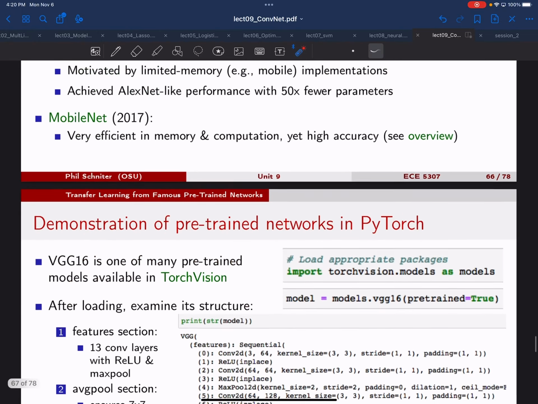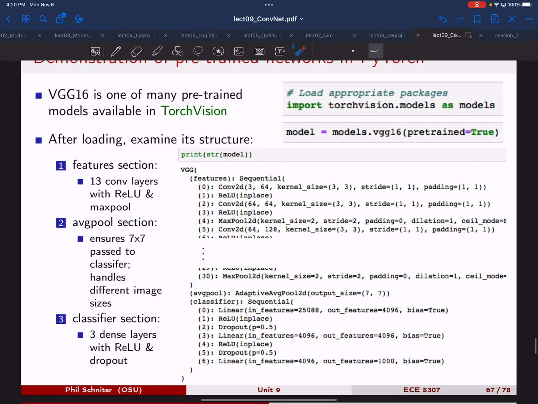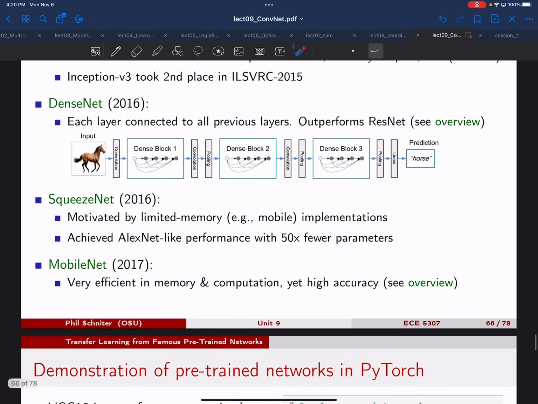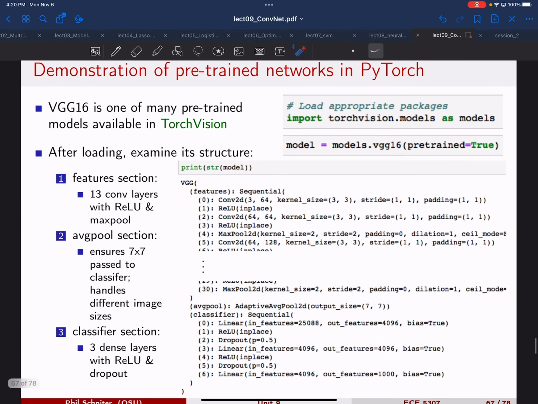And the very last thing on the YouTube video was going through the PyTorch code,